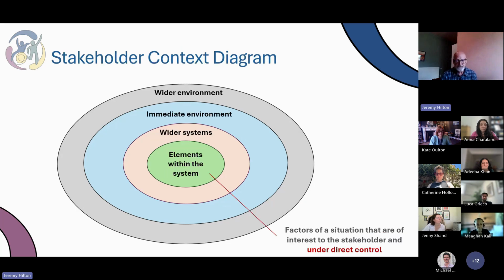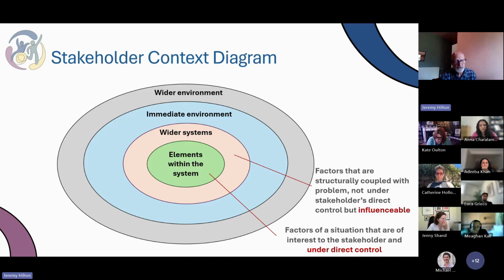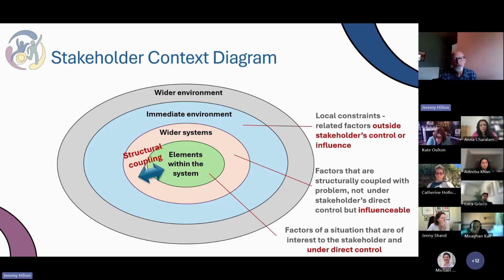But looking at it from a stakeholder perspective, what we're looking at here differs. From each of the stakeholders' point of view, what can they do without recourse to anyone else? What are they empowered to do? What's under their control? Then, who or what can they influence? They can't control it, but they have influence over it. And from each of them, in terms of the actions they can take, what's outside their control and influence? So it actually constrains them. And then the wider environment is the general constraints that influence everything.